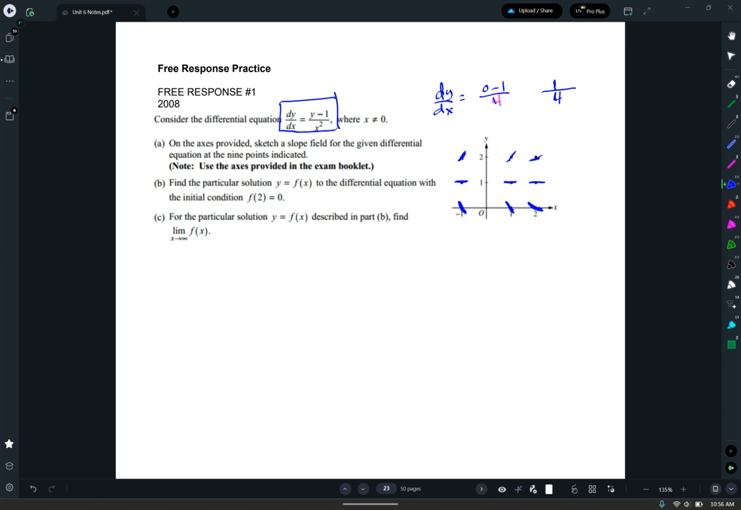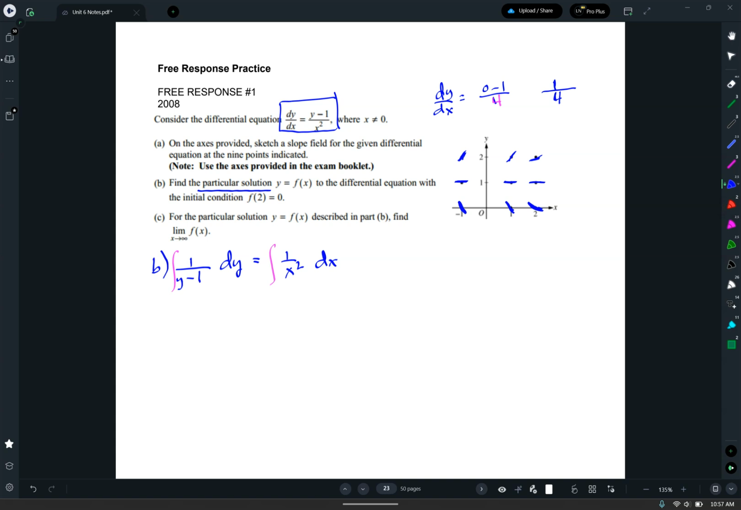So part B, find the particular solution. When it says find the solution, or the particular solution, or the general solution, that's where we're going to separate and find the original function. So for letter B, I'm going to bring down the derivative and separate. The dy is going to stay on the left, the dx is going to come to the right. I'm going to divide by y minus 1, the entire thing. It's going to leave the 1 over x squared over here. So if I integrate both sides,